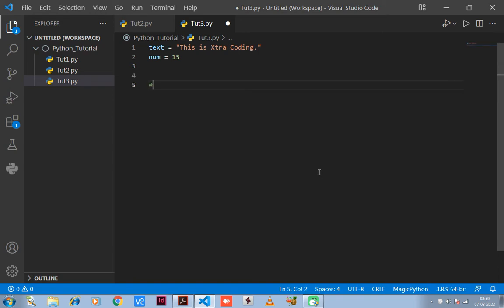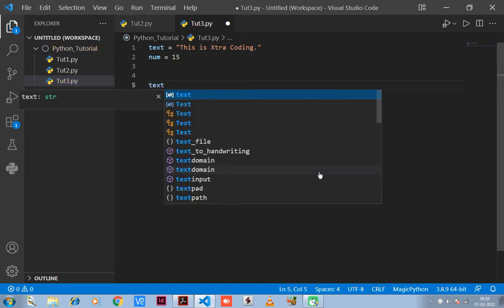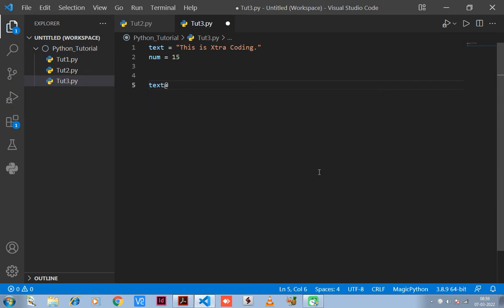So the first rule is this: there should not be any special characters in the variable name except underscore. You can use underscore in the variable name, but you cannot use any other special character. Suppose I write here text at the rate, or any other character, suppose we write it like this: hello. And if we print text at the rate,